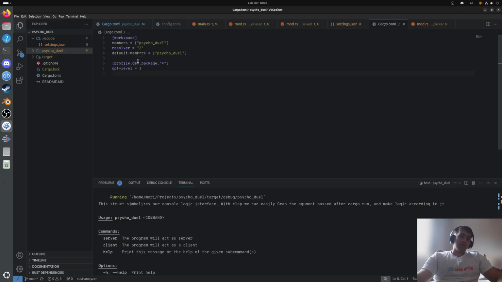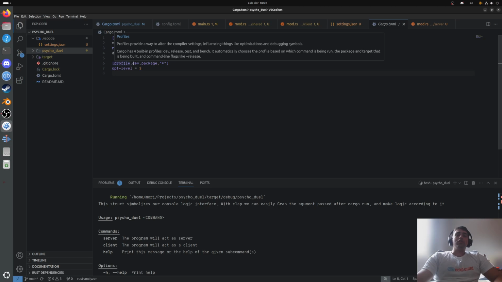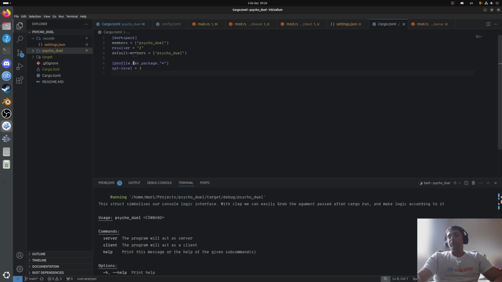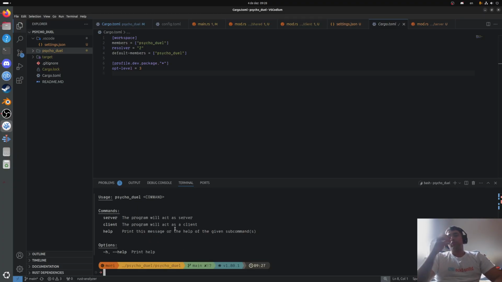And currently, we don't actually have a big project. We actually have a really tiny one, but we are going to change the development profile, which is basically like the type of profile that we have. So it is actually more optimized. Okay, so it runs faster when we are doing this cargo run command. When we want to see our game and we want to actually check it out, this is gonna run faster. Okay, it's gonna do a little bit of optimization.